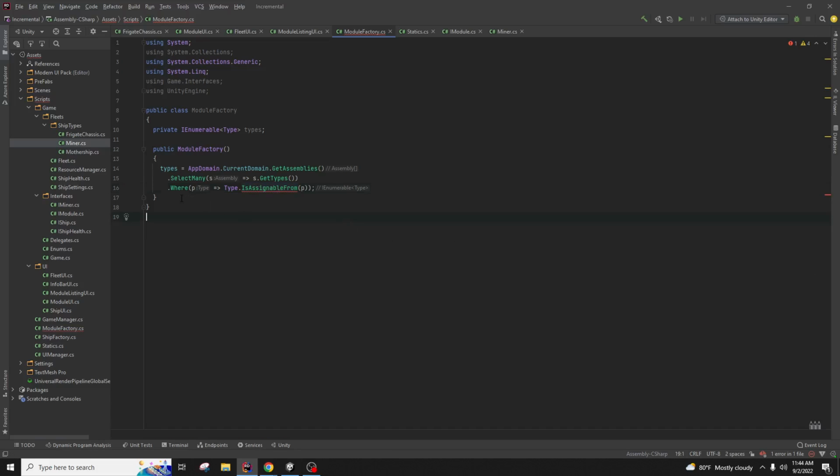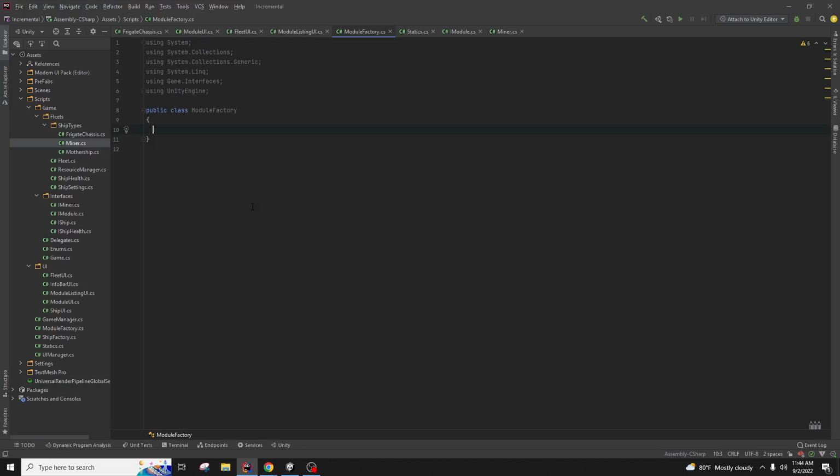But yeah, you would normally just get, we'll just ignore this. Basically you go through the assembly and find all the classes that have a derivation of IModule on it. It's going to take some research to find out what the boilerplate code is to get all that. So for now, I'm just going to